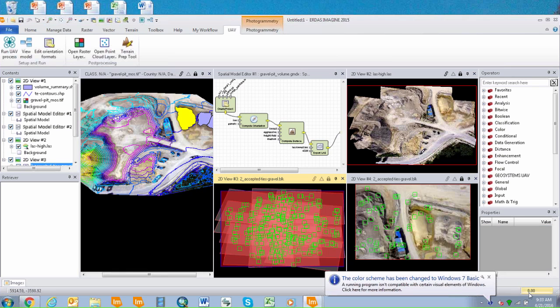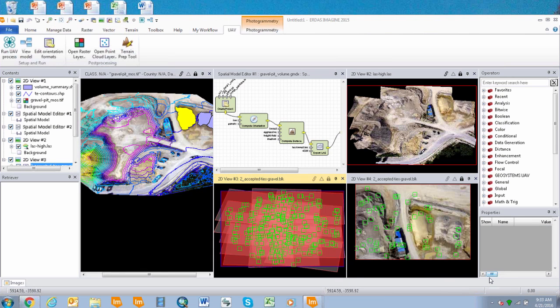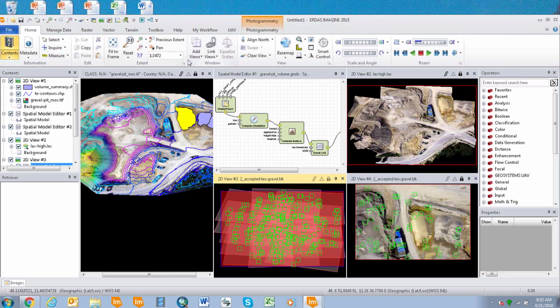Let me just share my screen, and let's get started with the demo. Let me just get rid of that little thing here. So what you're seeing here is our Imagine interface. Imagine has been around for 35 years, give or take, and it's a platform that does remote sensing, photogrammetry, and GIS applications, and now extended into the UAV platform, which UAV images, as you know, are a little